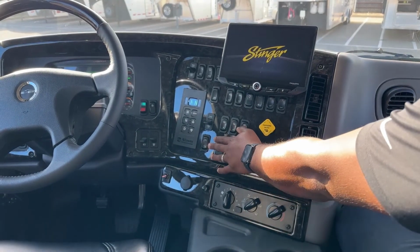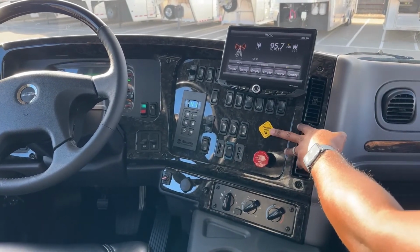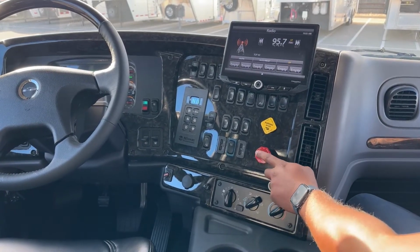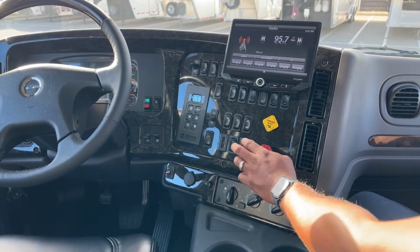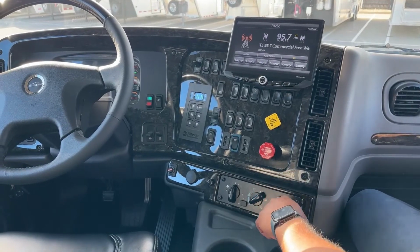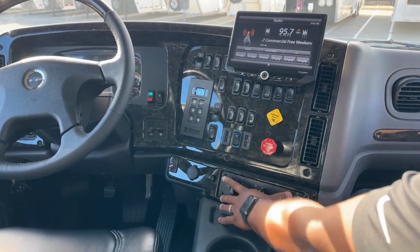You do have your traction control off switch here. Also, this is your parking brake. Again, everything is clearly labeled. Trailer air supply, so if you are using a trailer with air brakes, this is your controls for that. Again, not for parking. So this is your parking brake. Down here is your